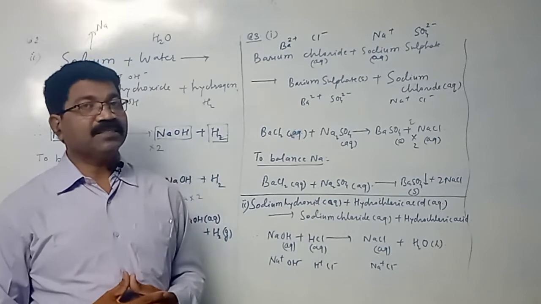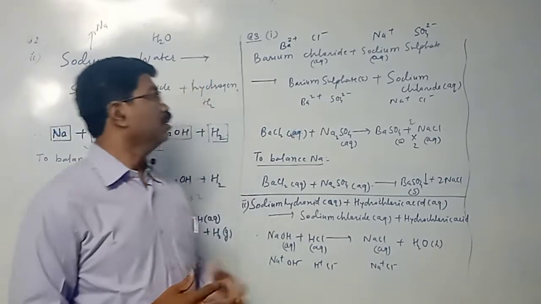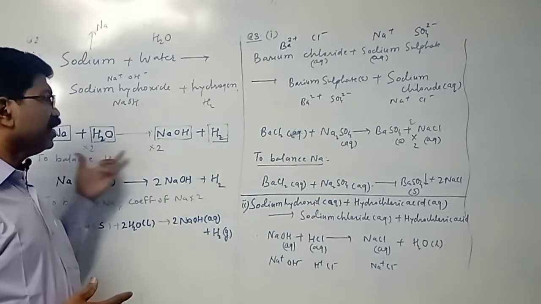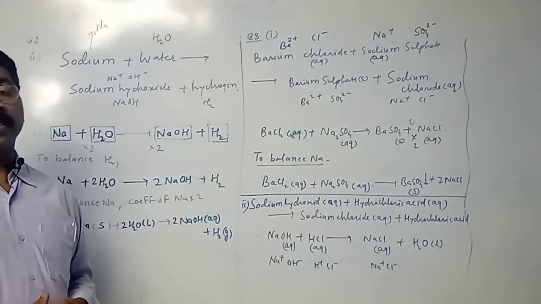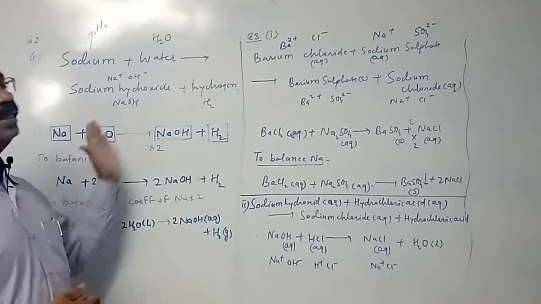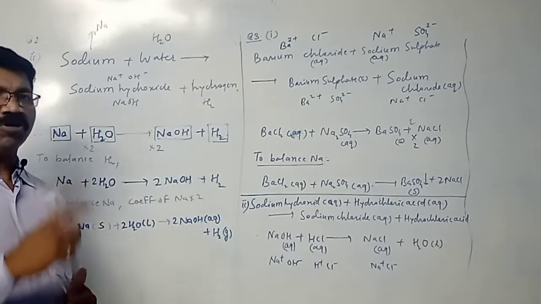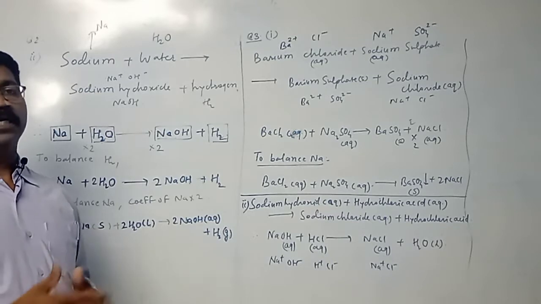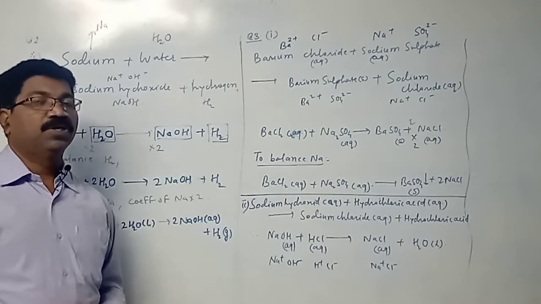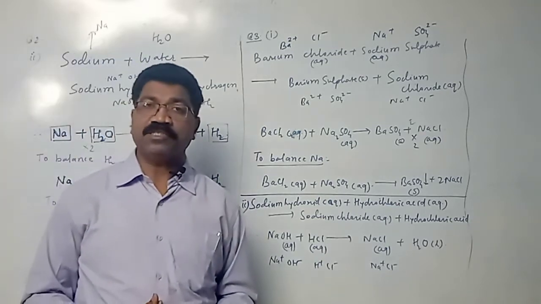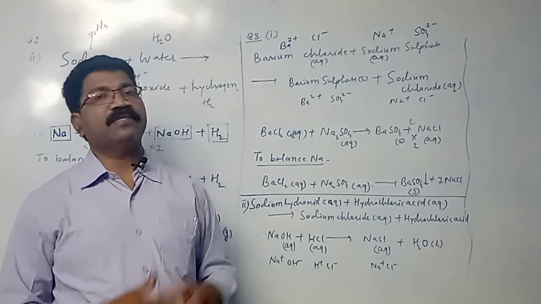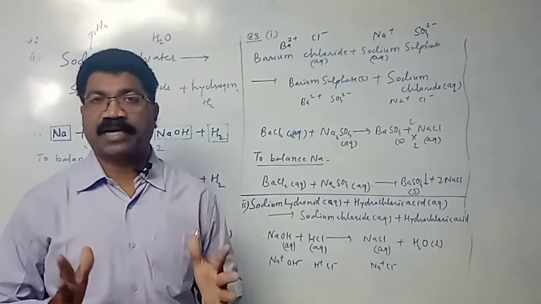Now, what are the steps for balancing? The first step, you have to make boxes around each reactant and product. Inside the boxes you cannot change anything. Then you have to check the number of atoms of each element on the reactant side and product side. Then take a coefficient for each compound so that the number of atoms of each element on the reactant side and product side becomes equal. This will be on a trial and error basis. You have to try many times, and finally you will obtain the number of atoms on the reactant side equal to the number of atoms on the product side.